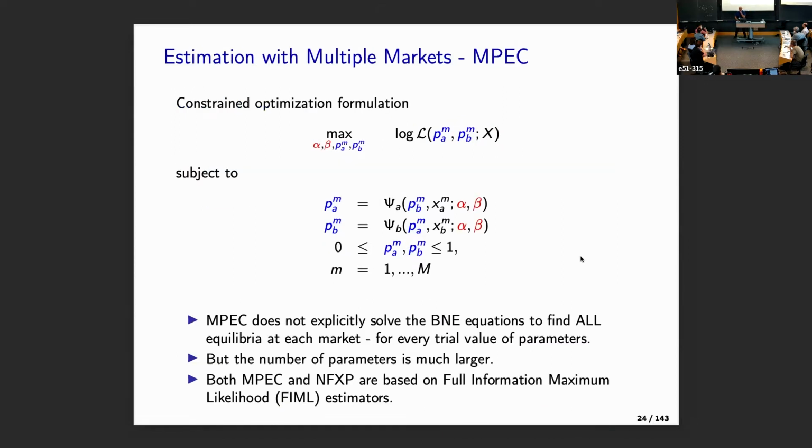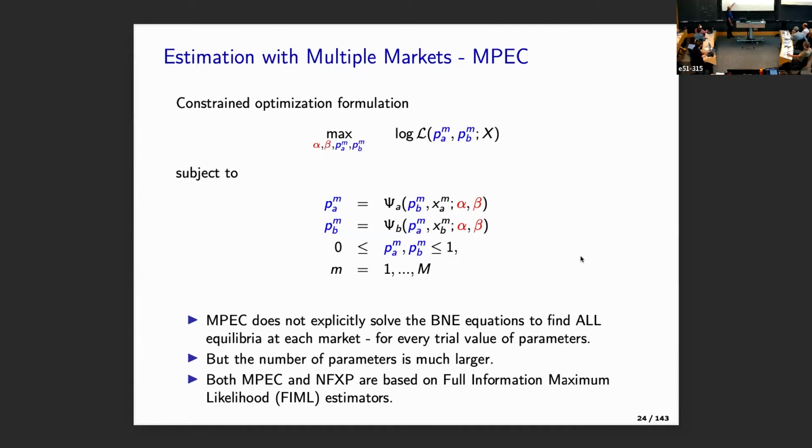Okay, we could also do MPEC. And again, the constrained optimization problem. Well, that involves searching over the parameters, the alpha and beta, and also these investment probabilities. But now these investment probabilities are vectors. There's potentially one for each of these different markets. So that's now 2 plus 2m parameters. Okay, an investment probability for each firm,